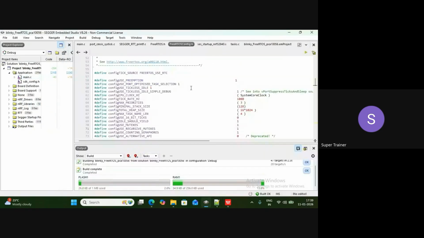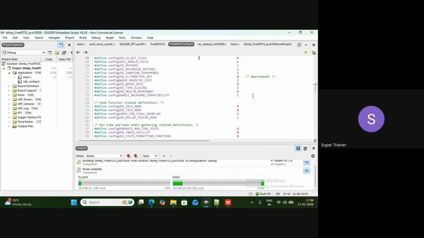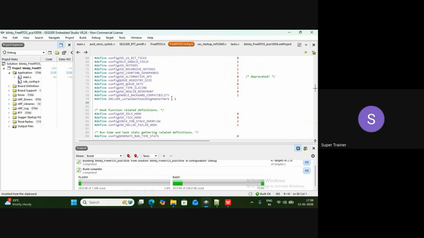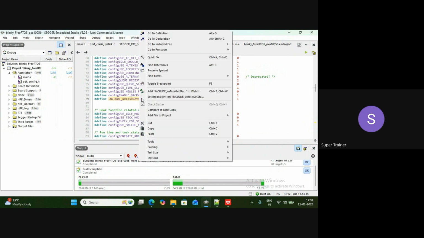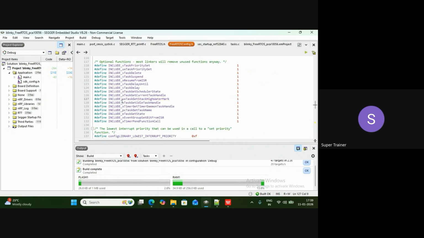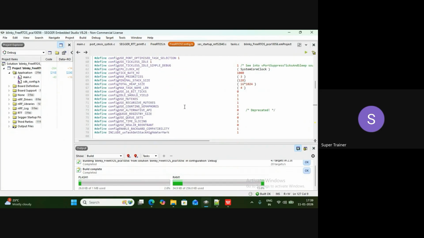Let's just check it. If it is there, fine. If not, we will include it. I think it's not there. Let's include it. Okay. Hopefully this is the same function. See. Oh, already it's there. #include "task.h", so we need not add it again, otherwise it will be